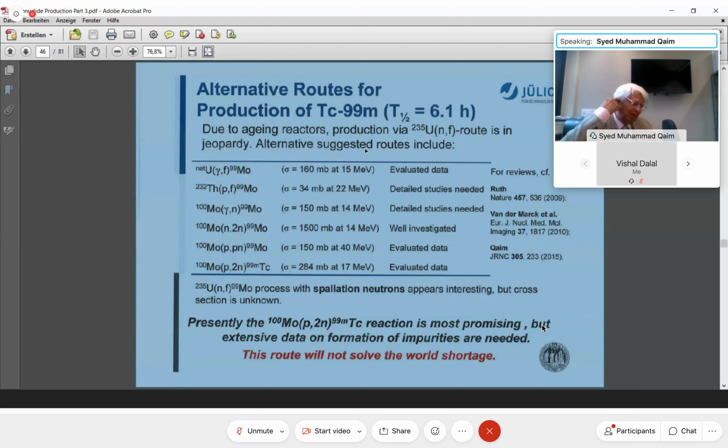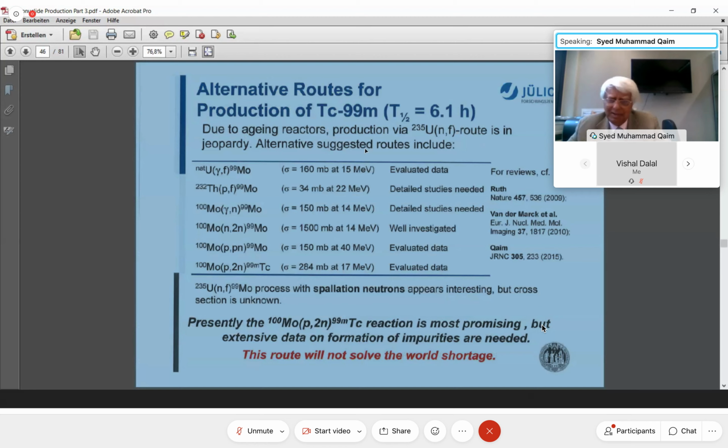So one wants to have certain reactions which could be substituted as alternatives. And the first thing is always to measure the cross sections and see what the situation is. Measure the cross sections. There are 6 reactions listed here. The analysis was done on what to do if there is a shortage.